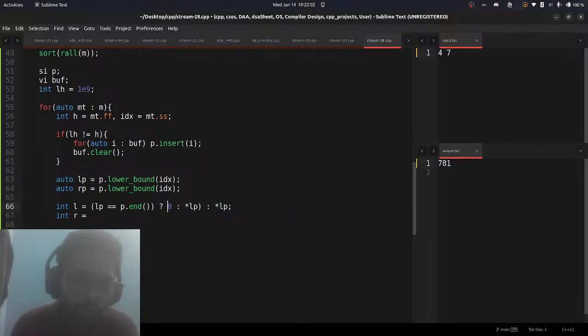Otherwise it will give that element, or if all the element are less than the idx, then it will give the beginning of it. So if we have processed 1, 2 and 3 index, and now we are processing 6th index, then ideally